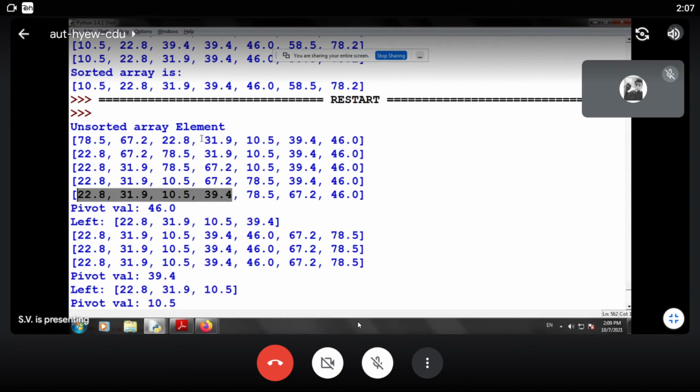Okay, so the highlighted part is a part of the left subtree, whereas the other parts, that is 78.5 and 67, are the part of the right subtree. Now what is to be inserted is 46 at a proper position.